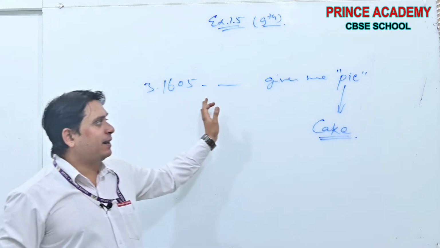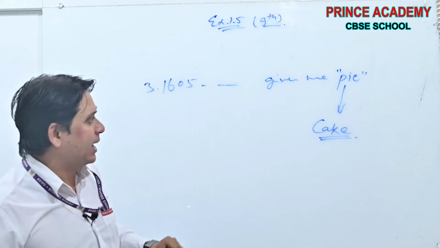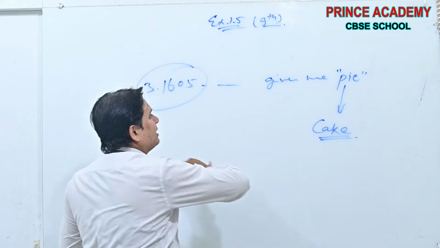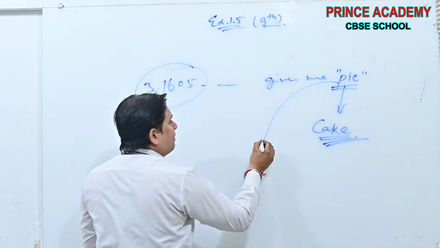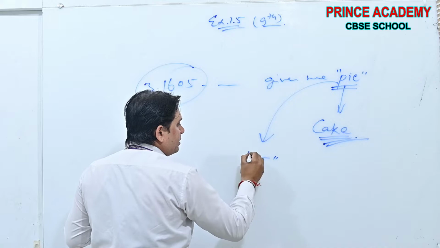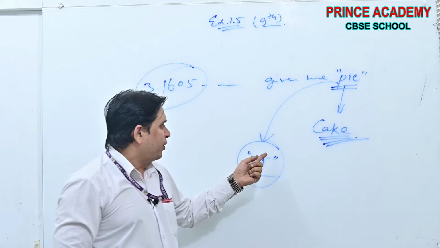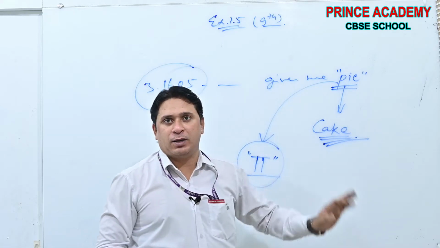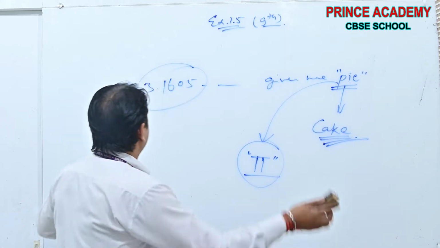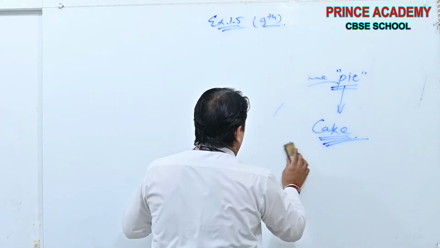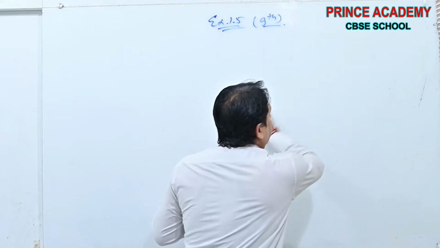And this number made the calculations related to circles very easy. That's why this number was given the name pi. Okay, and the symbol of pi is this. This is in the Greek language, which means cake or pi, you can say. Okay, got it? Now see beta, whatever the story I am telling you, writing the values, just to take your attention to ask question number 3.